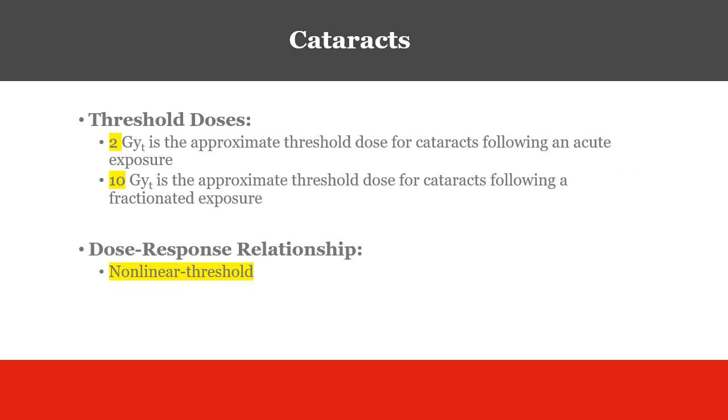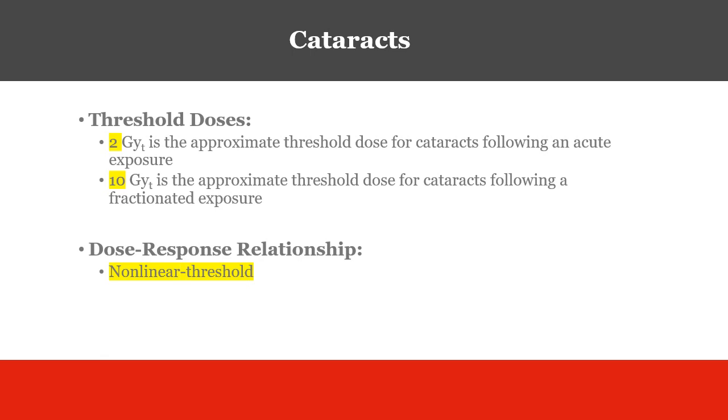They also found that it took pretty high doses to cause cataracts, and by no means do we even come close to that in diagnostic radiology. 2 gray is required to affect the lens of the eye itself to cause cataracts following a one-time or acute exposure. For a fractionated exposure, it would take 10 gray. That's over fractions of time or long periods of time. So for us to get cataracts, it would be fractionated, and we will never reach 10 gray